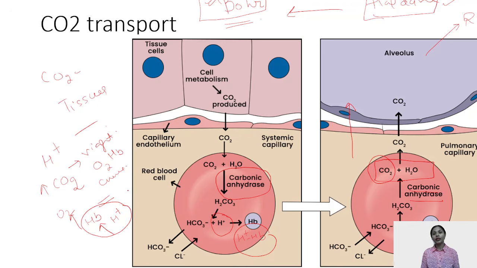One more important thing which is happening here is the movement of two anions, that are the bicarbs and the chlorides. Please see, because the concentration of bicarbs increases here, it moves out at the tissue level and the chloride moves in, whereas the opposite happens in the lungs, where the bicarbs will move in, they will combine with H positive, and oxygen will then combine with our hemoglobin, and eventually oxyhemoglobin will be carried in